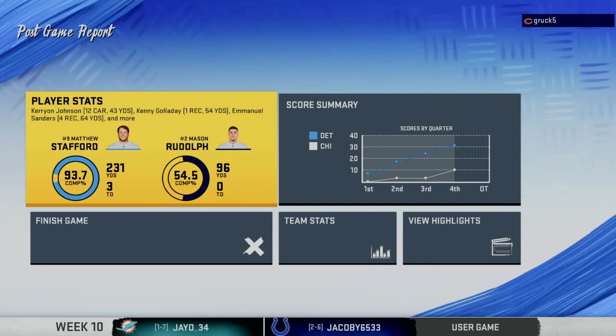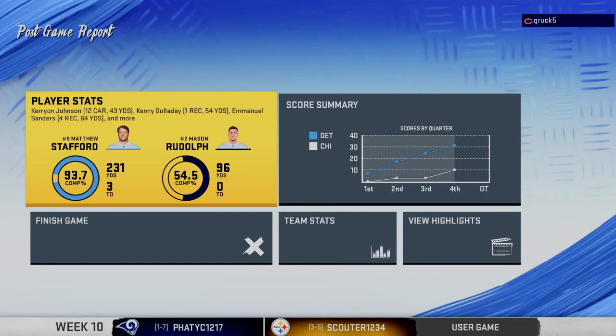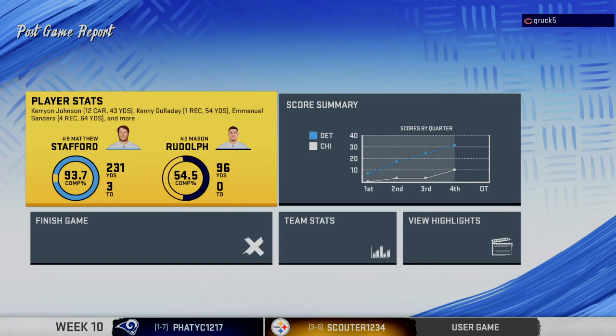So for the Lions, they inch closer to respectability now at 3-6 on the year. And they will head back home next